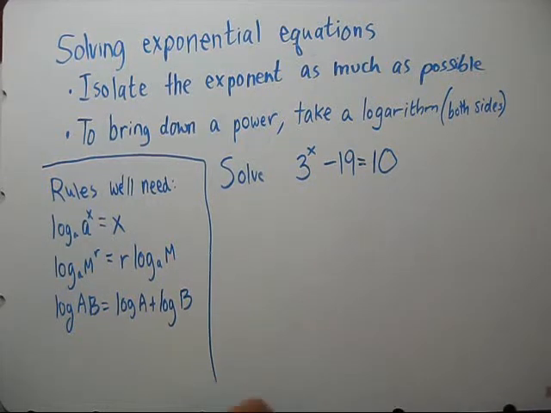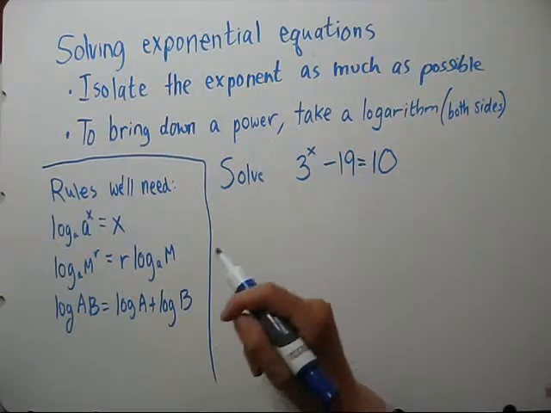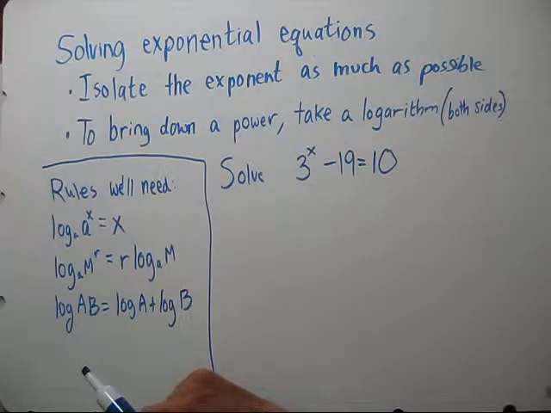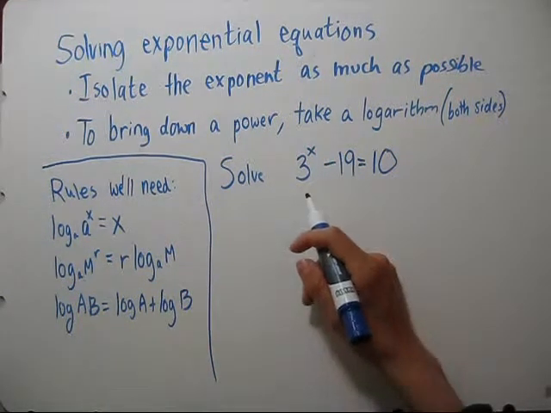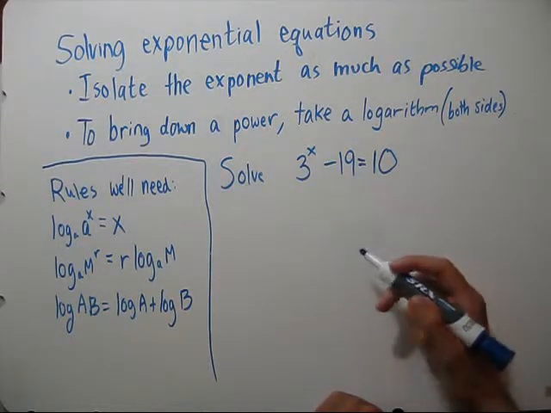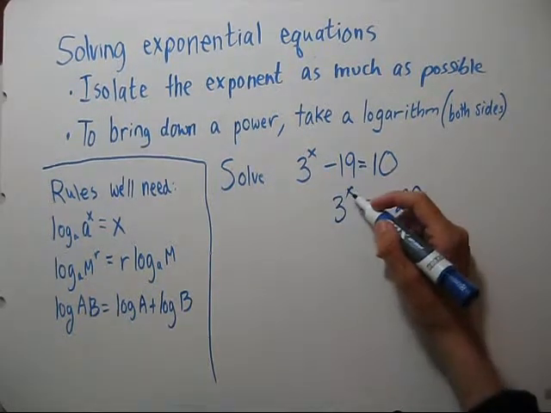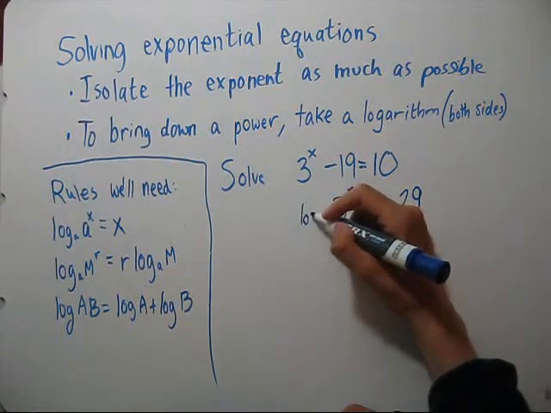Let's solve some exponential equations. First thing to do is isolate your exponent as much as possible, and then to bring down a power you take a logarithm. So let's solve this one. Let's isolate the 3 to the x. To bring down this x, let's take a log base 3